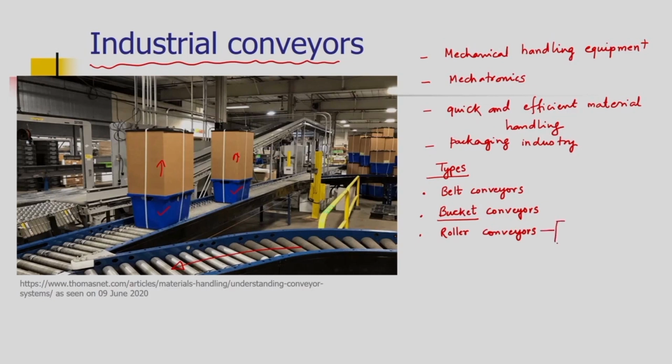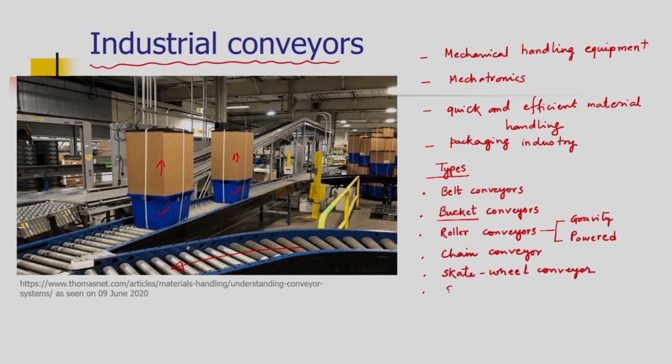Roller conveyors are either gravity operated or powered, so we are using electric power to drive them. The next type is the chain conveyor, then we are using the skate wheel conveyor,